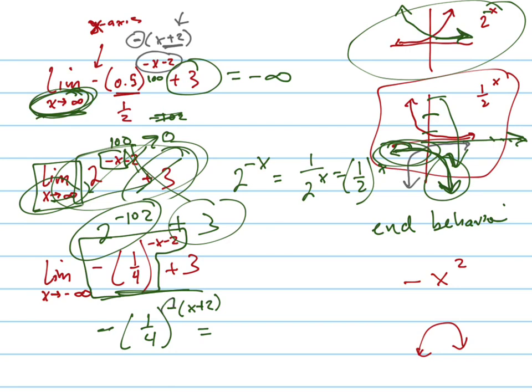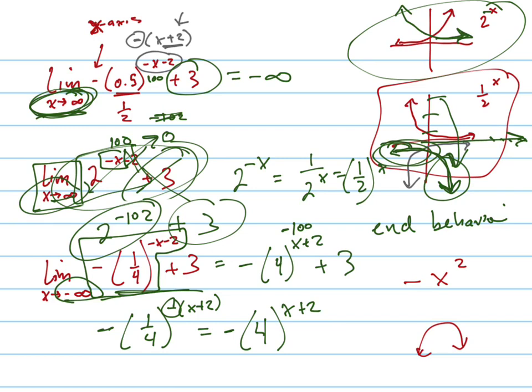With that negative right there, it really means it's negative 1/4. I'm sorry, not 1/4, 4, because it flips, right? 4 to the x plus 2. That's probably the way that he teaches it to you. And then this is equal to negative 4 to the x plus 2 plus 3. So as this goes to negative infinity,